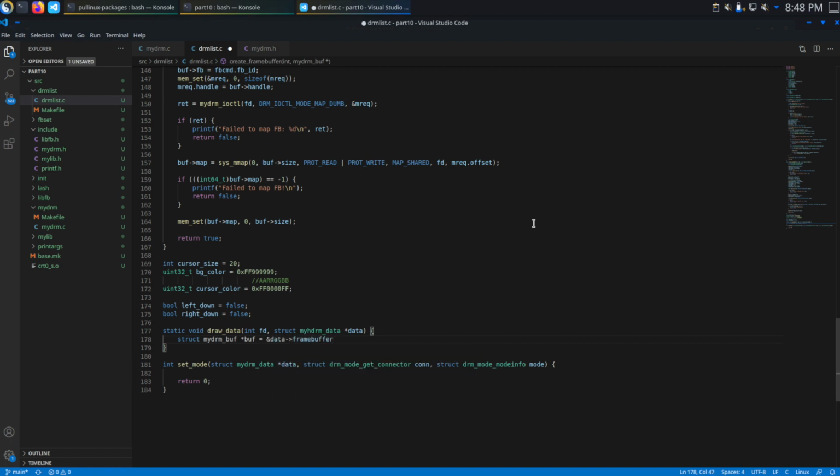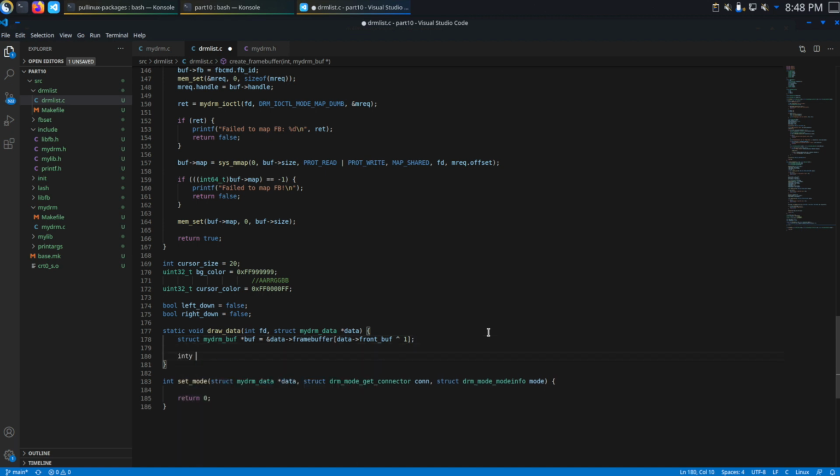So we'll grab the frame buffer, and we want to grab the current one, the front buffer, XORed with 1. What's going on here? Oh, I spelled that wrong. My DRM data. And it's not front buffer, it's, let's see, what do we call it? Front buff. Okay, so now int